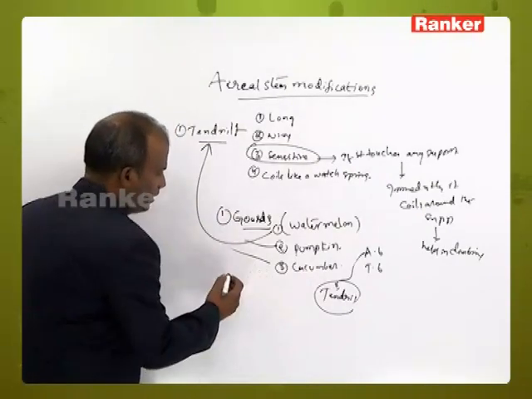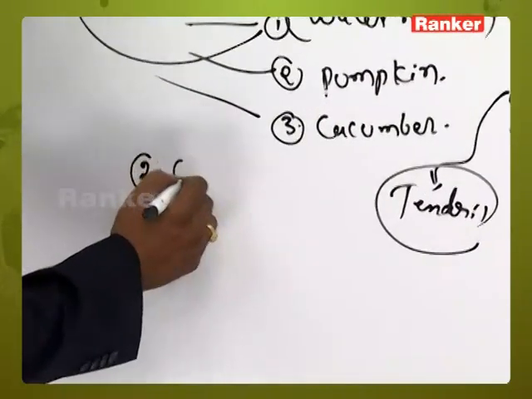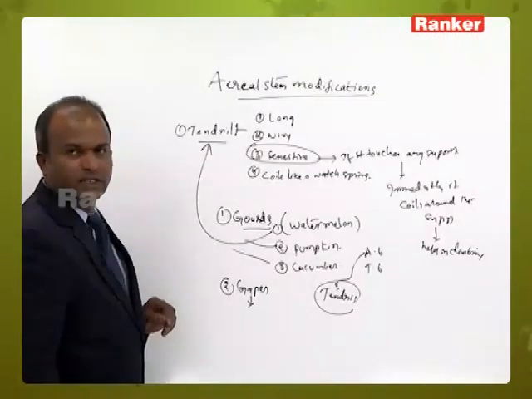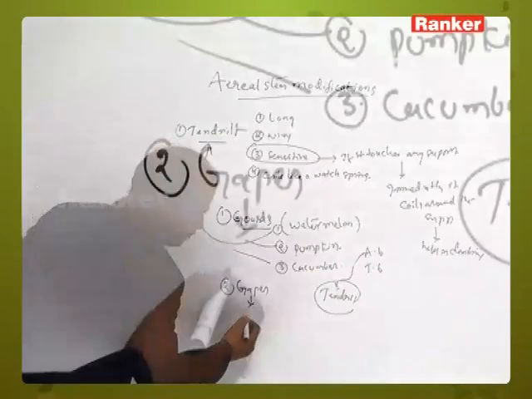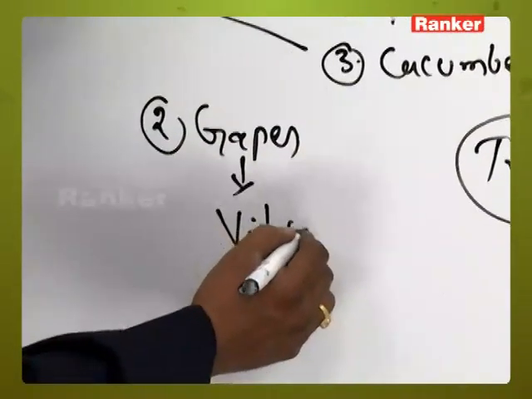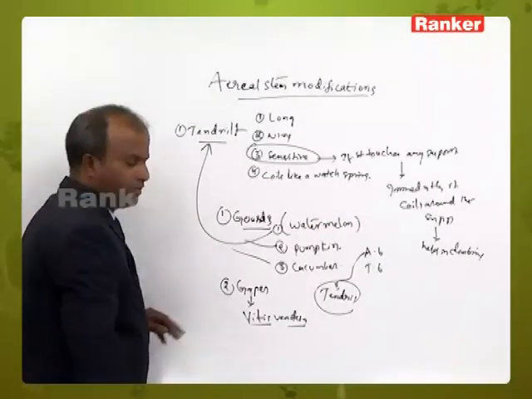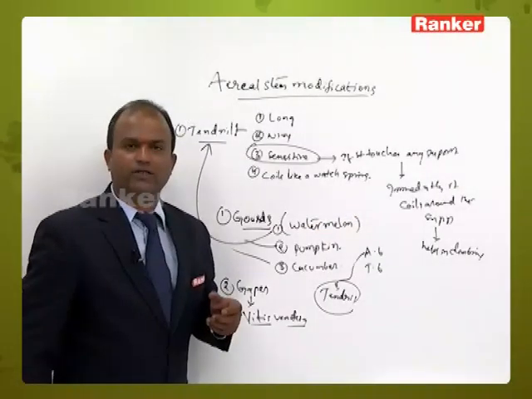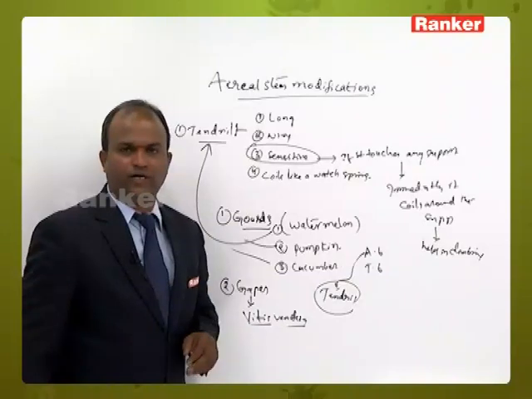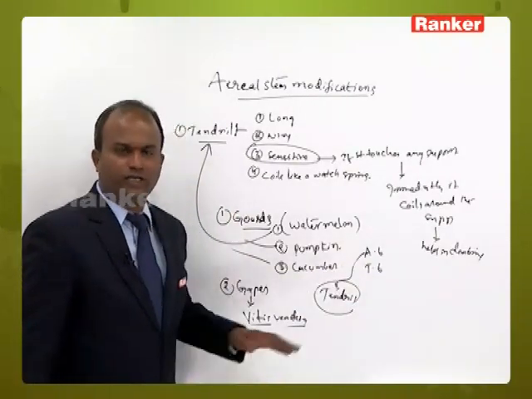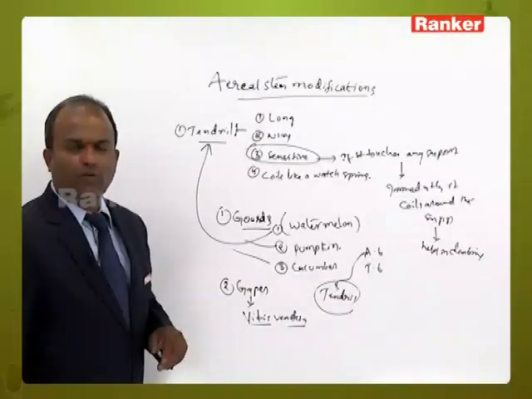Another example is grapes. What is the scientific name of grapes? Vitis vinifera. And here in grapes, is the axillary bud modified into a tendril? No, in this the axillary bud is not modified into a tendril. In grapes, that is Vitis vinifera,